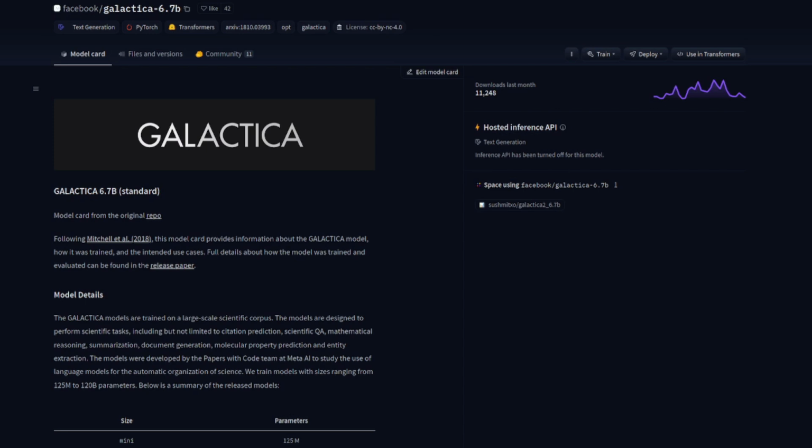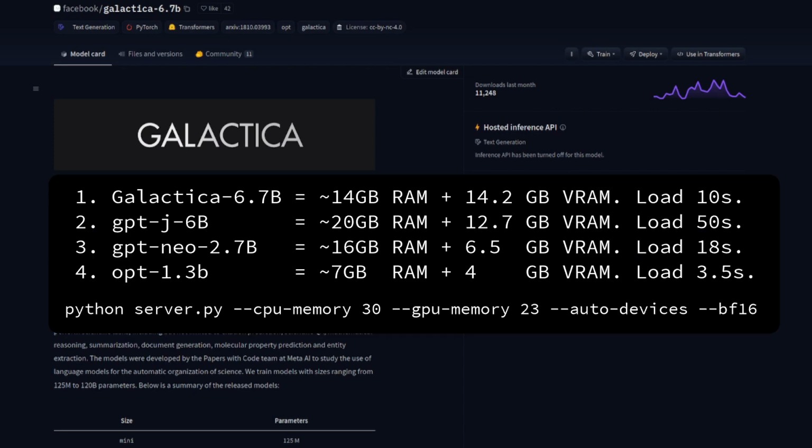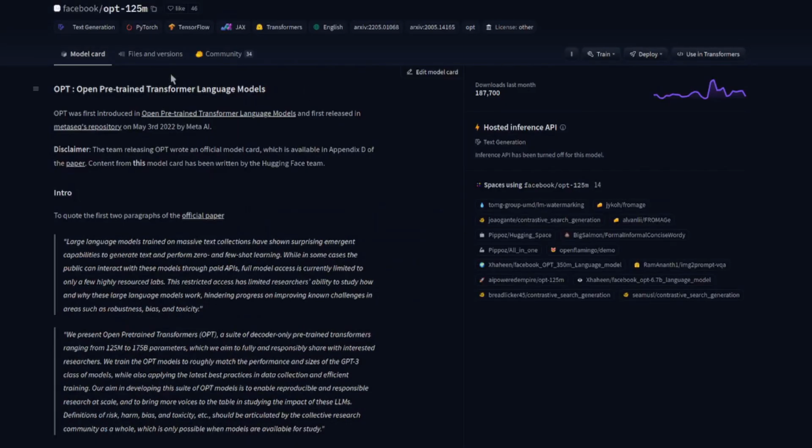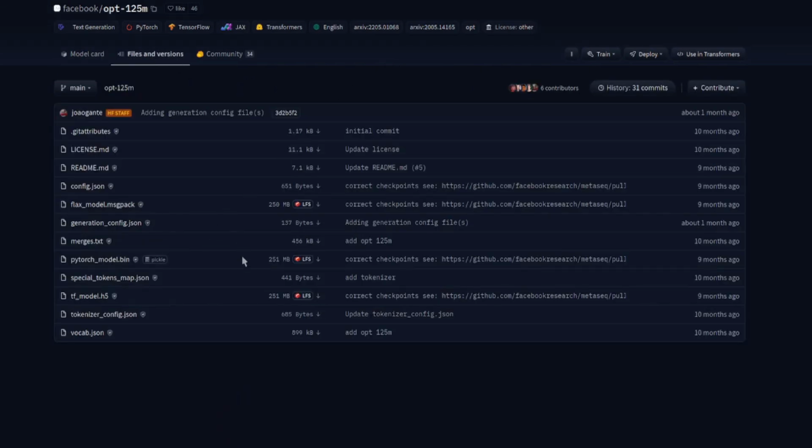Just to give you a brief idea on what the hardware requirements would be, here is a quick table showing the peak RAM usage and GPU usage I got running this command and just loading those different models. And even within these models themselves, there are often options available. For example, having a look at this Facebook OPT one, there you can see models that go all the way up to, like, there's a 66B one, but then it also goes quite low as well. So there's like a 125M one. If we take a look at this and go over to the files, we see this one's really, really tiny. It's only about 250 meg.